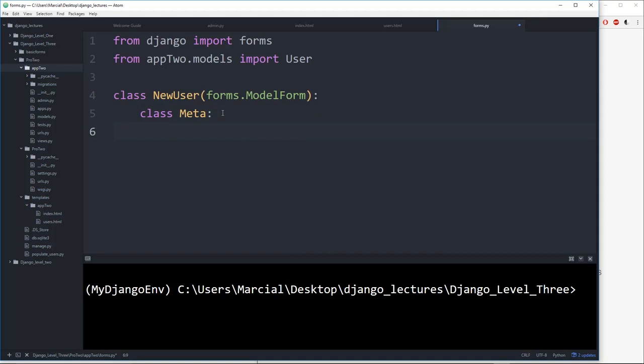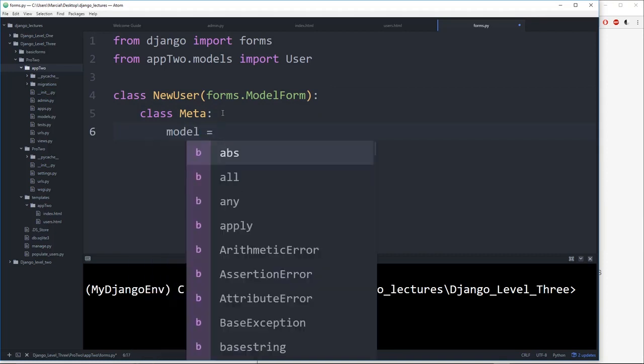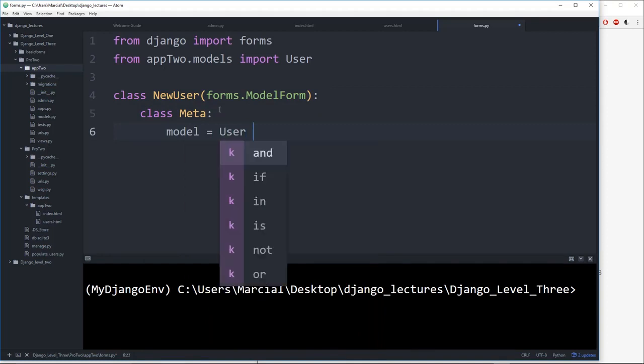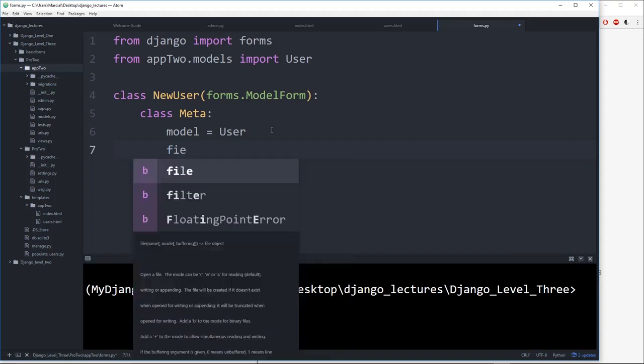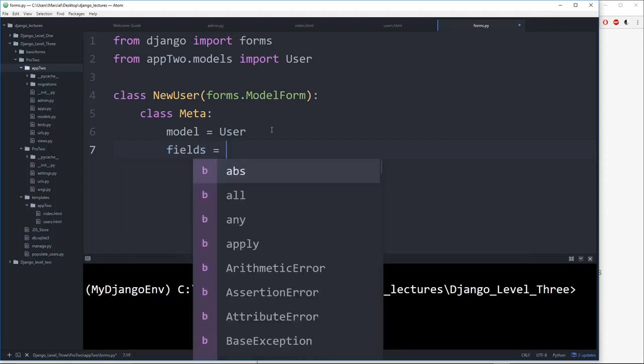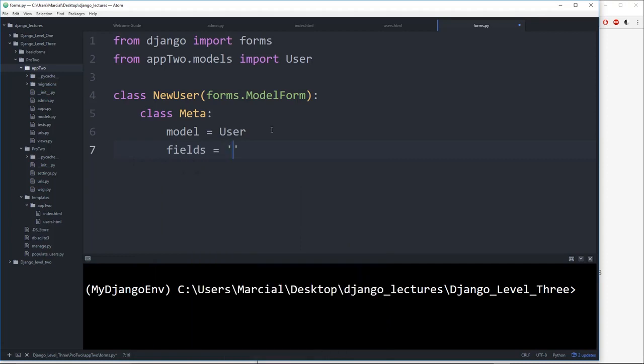And we'll say class Meta, and we'll create the model attribute. This should always be called model, and then you assign it to whatever model this form happens to link to. In this case, it's just User. If we had another model to import, that would have its own class with its own ModelForm. And then we have the fields attribute, and we talked about the fields attribute in the previous lecture and the various ways to handle it. Since we're going to be using all the fields, we'll just use that special keyword __all__